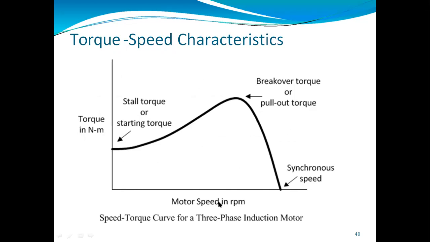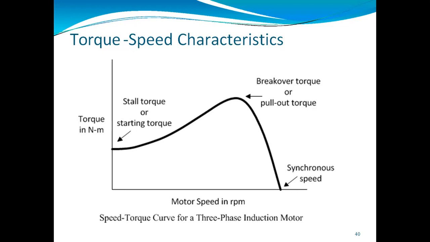So here you can see the graph. There will be a question only like "explain torque speed characteristics". It will be only for 2 to 3 marks for the theoretical. And if there is a question on numericals, then you will get questions only on the equations. There will be no question on any graph.